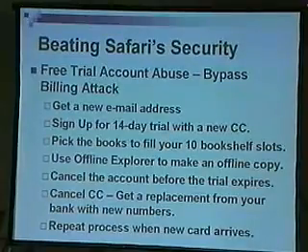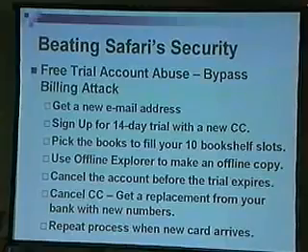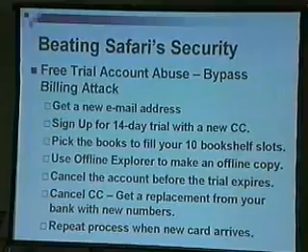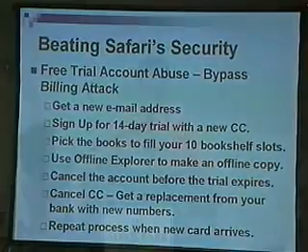You've got 14 days, although for archiving, if you want to archive 10 books, it's a slow process. And then just make an offline copy of the books you want, and then cancel the credit card. You'll have a new number. You'll be able to sign up for a new credit card account. And you have an offline copy of the books that you already have hard copies of, of course.